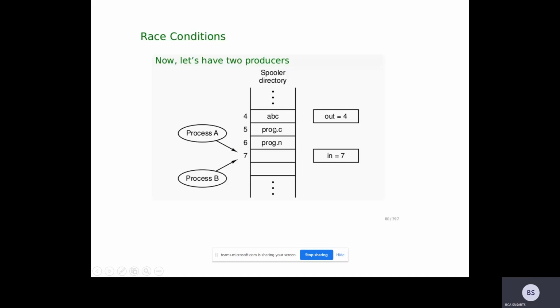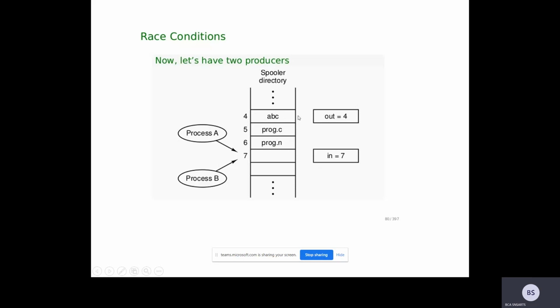So there are three files waiting. When the printer is available, the file ABC will be taken out and printed. Once it is finished, it will be removed. Next, program C will be taken for printing. Once it is over, it will be removed from the directory and program N will be taken for the printer. Okay. So here the race condition is: we have two processes, process A and process B,